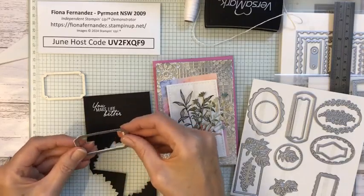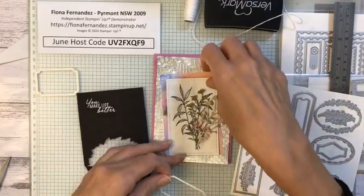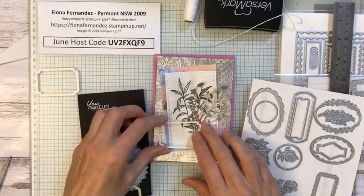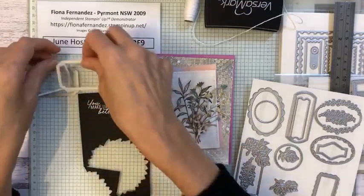So we could cut the black one out and then stick this over the top of it. So we can test how big it is. I wonder if that's too big. It'll cover up the bases. Might be a bit too big. I do like it, but